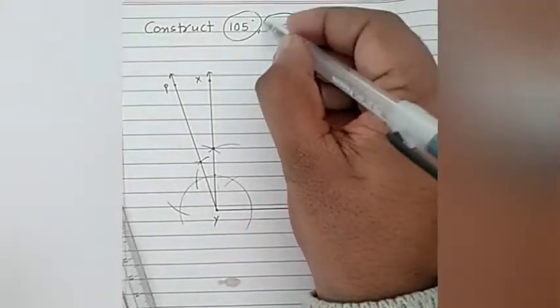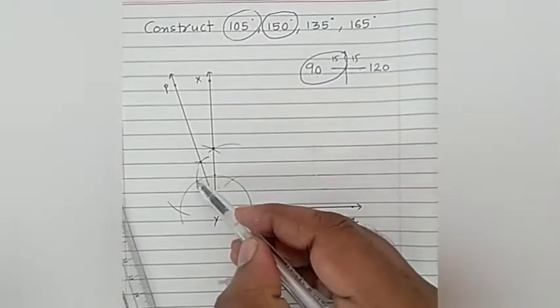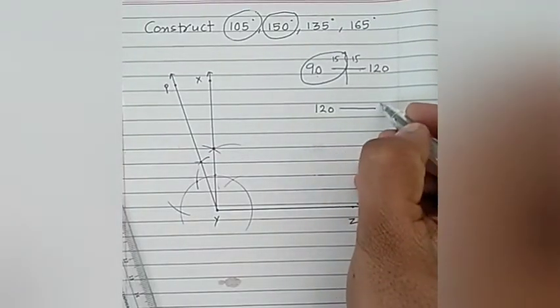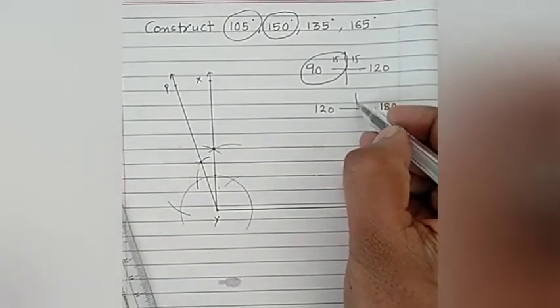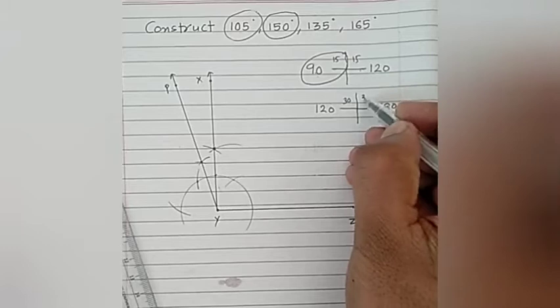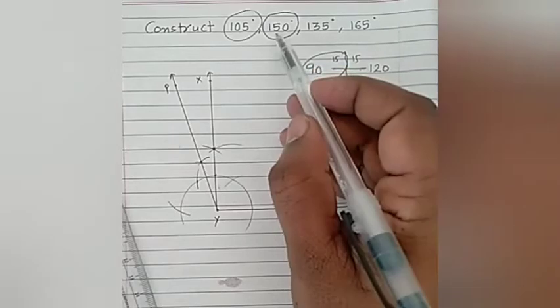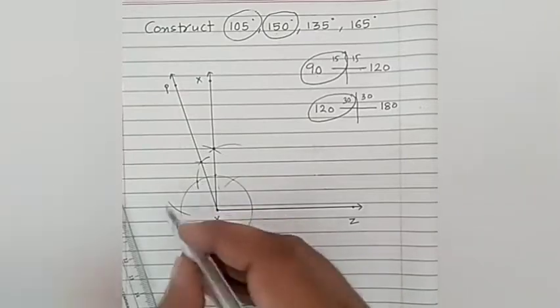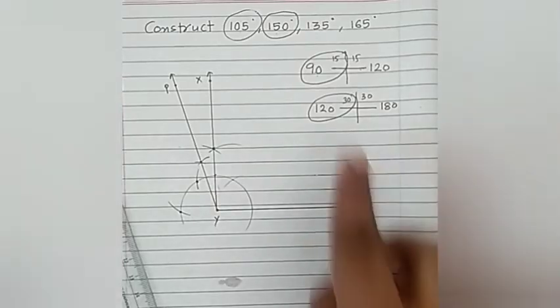Can you guess where would 150 degree come? Exactly. It would come between 120 and 180. Because between 120 and 180, what is the distance? 60. And if I divide that into 2, I'll get 30 each. So if I bring 120 and another 30 degree, I'll get my desired 150 degree. So this is my 120, this is my 180. Between them would be my 150.